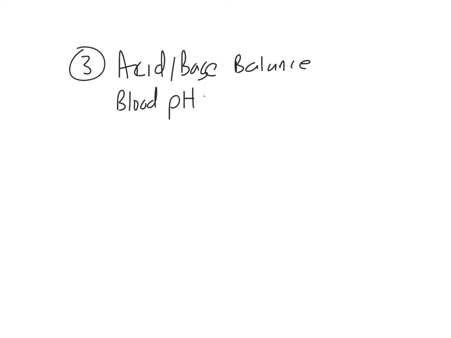The third function is to maintain acid-base balance. Okay, so the reason why you want acid-base balance is because our body works at a typical pH, and the pH of our blood, where everything functions normally, is 7.4. Well, what happens if we eat a whole bunch of lemons or tomatoes, and that has a low pH because it's acidic? So because of the food we eat